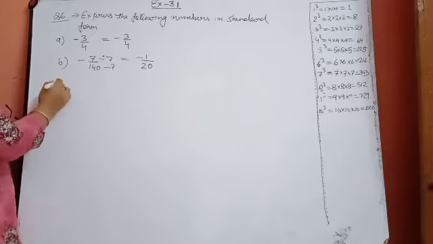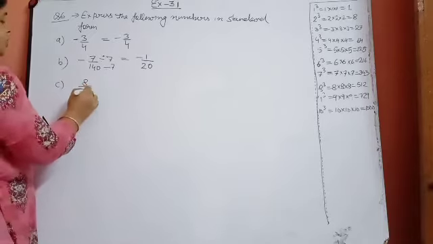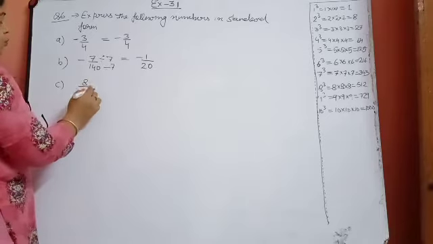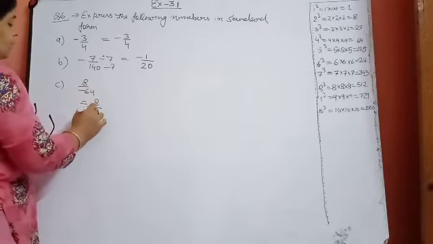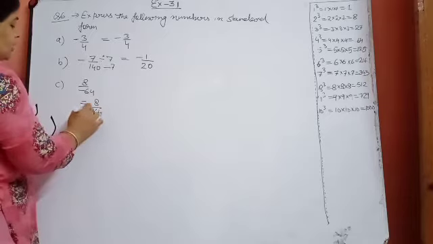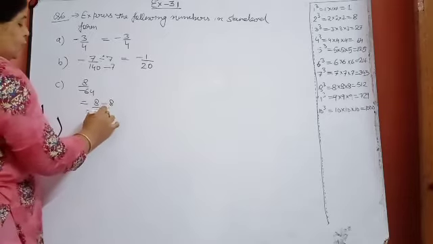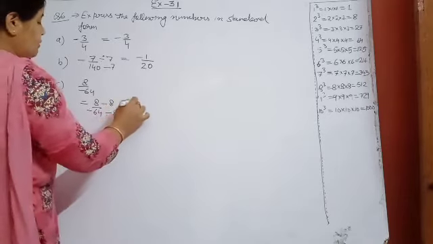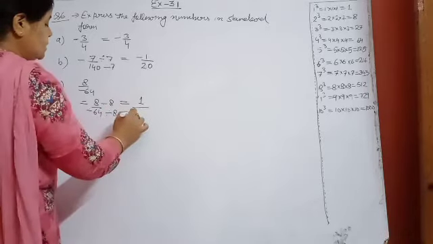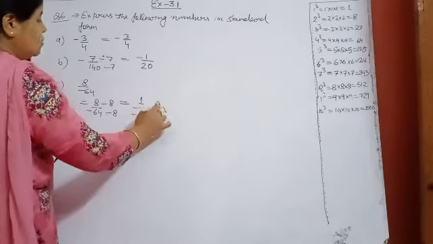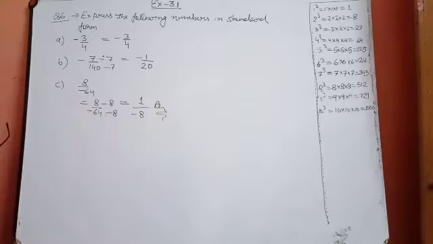C part is 8 upon minus 64. You can see that 8 and 64 both come in the table of 8. So what you will do? Divide by 8 here, and here also divide by 8. What you will get? 8 ones are 8, 8 eights are 64, minus 8. It will be your answer. How simple the questions are. Okay, now move to question number 7.